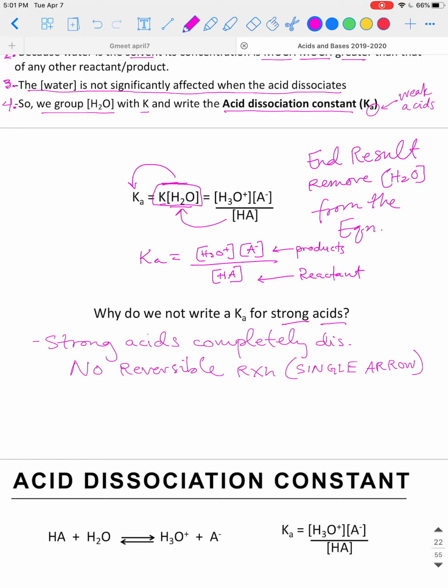We cannot write an equilibrium expression unless we have a reversible reaction. So equilibrium expression, I'm going to abbreviate EQ. Well, actually, it should be capital Q. Equilibrium expression is only written for reversible reactions. Strong acids are not a reversible reaction, or I should say the dissociation of